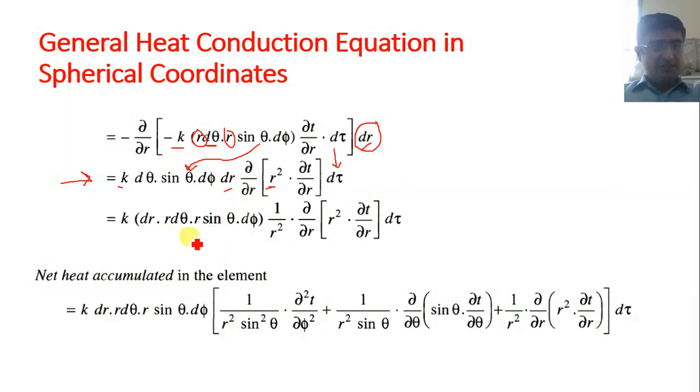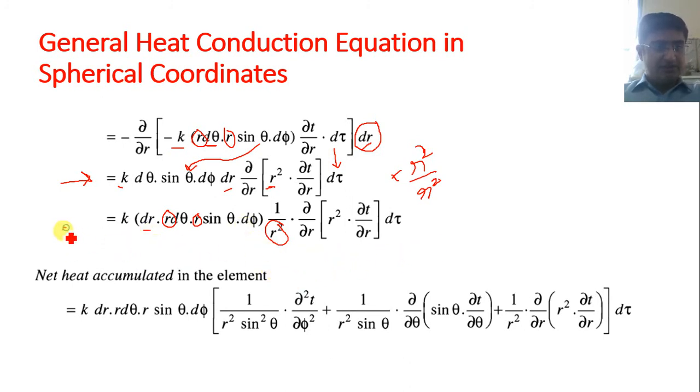Now you can see, if you want to arrange the volume terms inside the bracket, then you have to manage all the remaining terms. So here you can see, we multiply this equation with r squared and divide by the same r squared, r squared upon r squared. This numerator r squared, in the form of r into r, becomes r squared, and here is the denominator r squared. It means that we have not changed the value of this step.